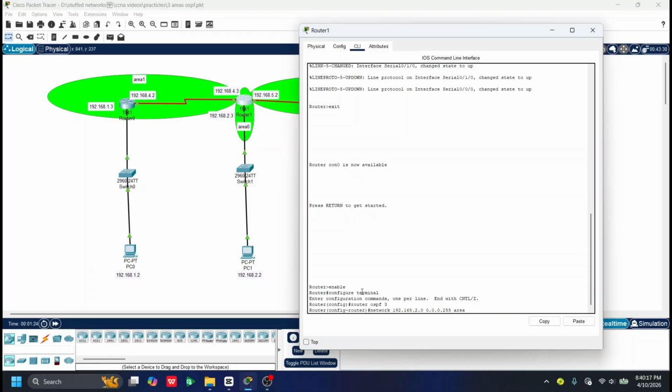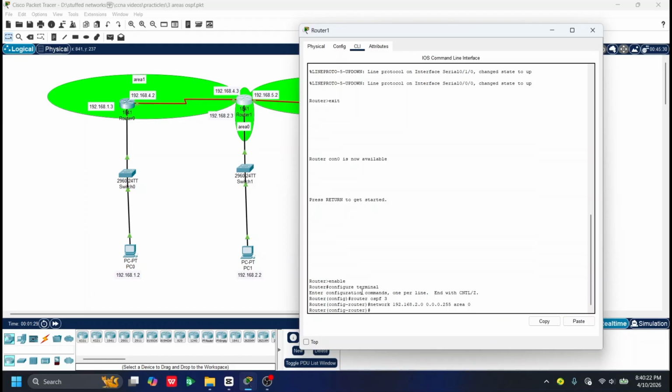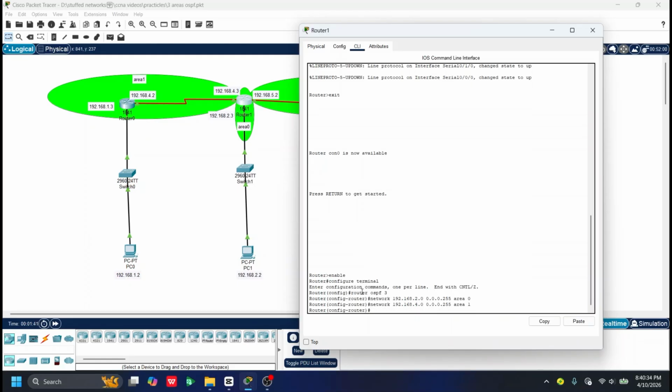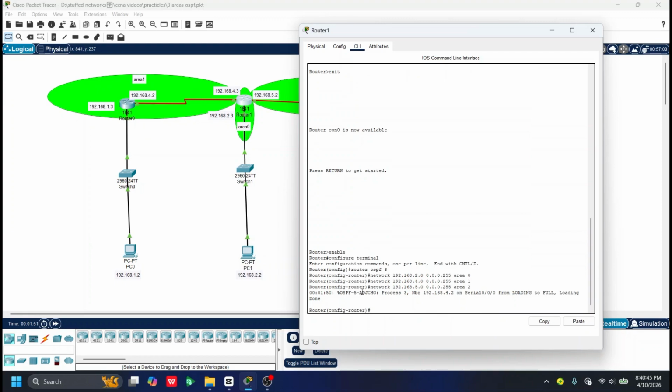Wildcard mask also we will write, and area 0, and we will press enter, and now we will give area 1 network, and here we will change area 0 to area 1. Now press enter, and we will also give right here 5, and this is our area 2, and now we'll press enter and exit,